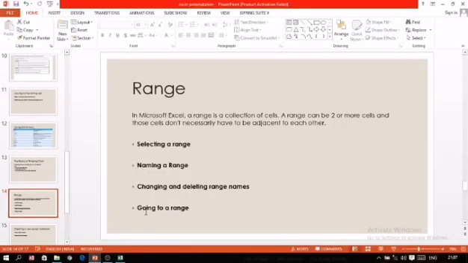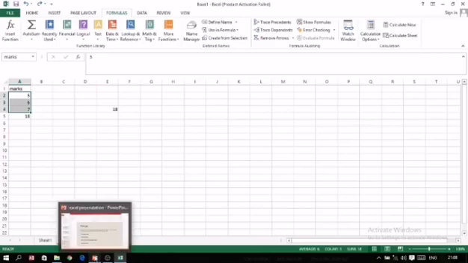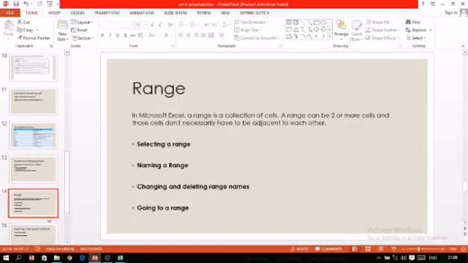Now next is going to a range. If you want to go to any range, simply come to the name box and type its name. This way you can directly reach it. For example, I have undone it, so again my answer is coming. Right now the active cell is I7. I come over here, click on the down arrow and select the option marks. So I directly reach the particular range whose name I have selected. This way we can directly go to a particular range.